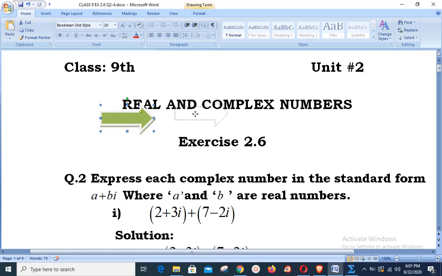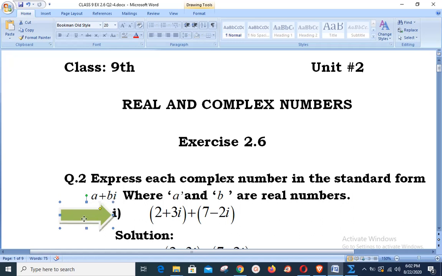Whereas viewers, complex numbers are the numbers in which iota is involved. What is iota? It stands for imaginary numbers. In other words, a real number is a single number, like this is the number of the unit, so it is a real number. For a complex number, you will have to write it like 2 plus 0 iota. In our today's topic, the shape of a complex number will be like this: a plus b iota, etc.